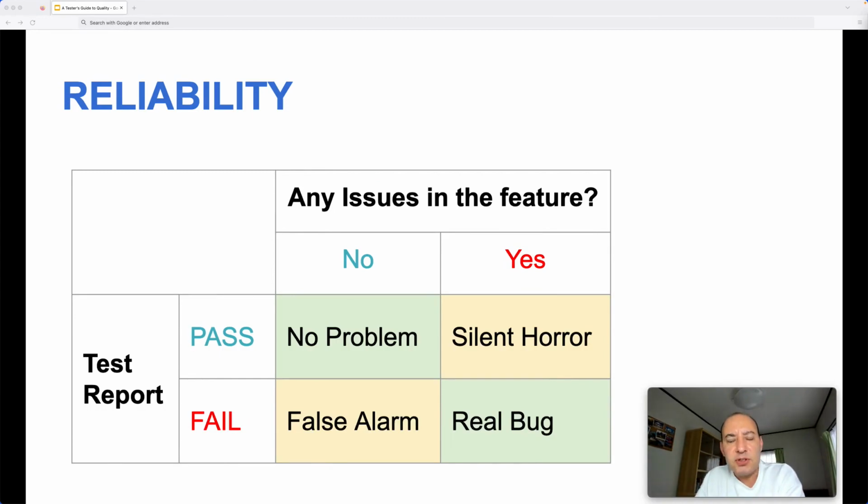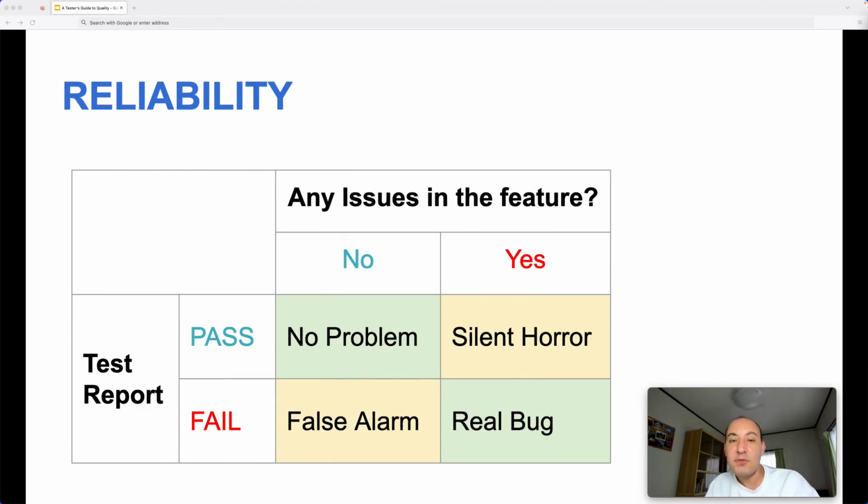So if the features that are developed are working well, which means they are working as expected and aligned with the expectations or the requirements. But in this case, if our test cases are failing, and if they are reporting some failures, then it means they are reporting a bug, but normally the feature is working well. So it is not a real bug, it is a false alarm. So in this case, we would need some extra analysis effort. We have to understand if the reported failure is a real bug or a false alarm. So it will be some waste of time.